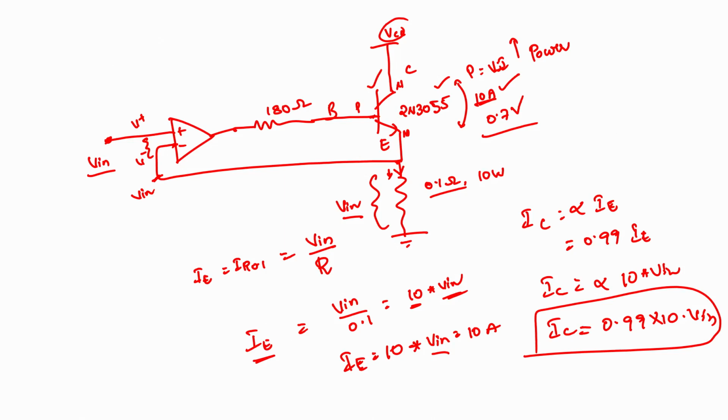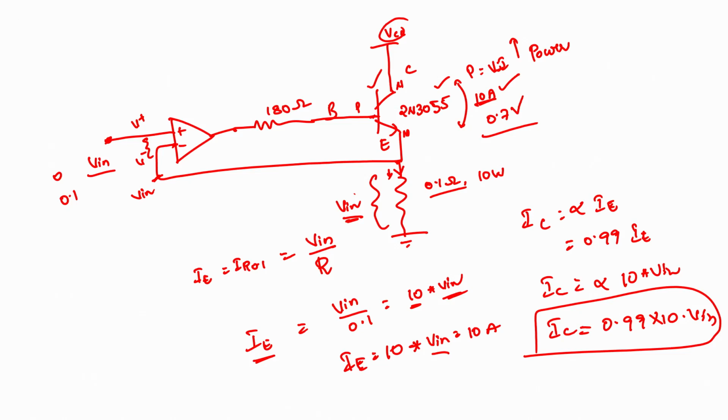So, as we have seen, the responsible parameter in order to generate heat is power. Now, in this case what happens? When I apply input as 0 volt, Vn will be 0. So, no current will flow through that. So, the transistor will always be at 0.7 volts. So, since no current, no voltage. Now, what if I apply 0.1 as Vn? Since this is 0.1, this will also be 0.1.